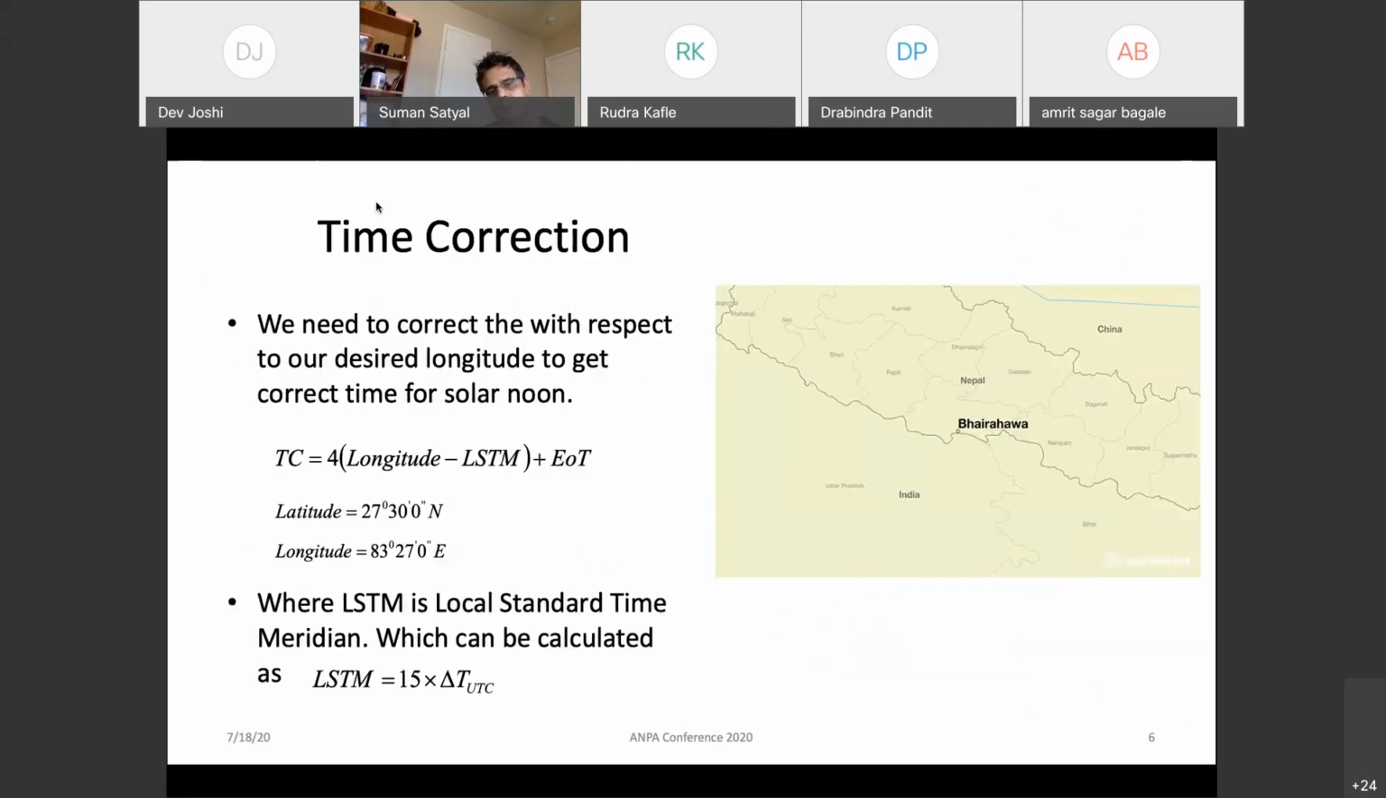Time correction for any longitude: we have to consider time correction because there is a difference between the LSTM and the longitude. LSTM is the value of the local standard meridian time, which can be calculated by using delta T. Delta T is the difference between GMT and the local time. For Nepal, it is